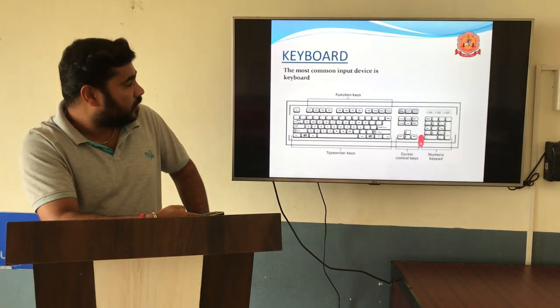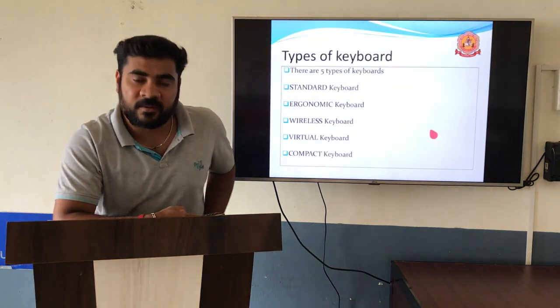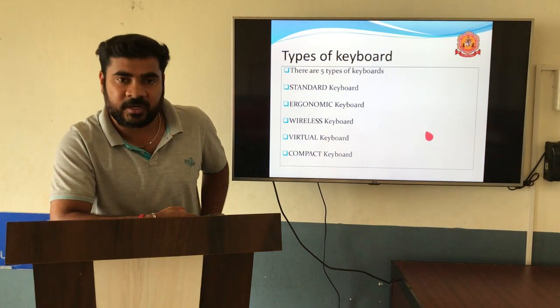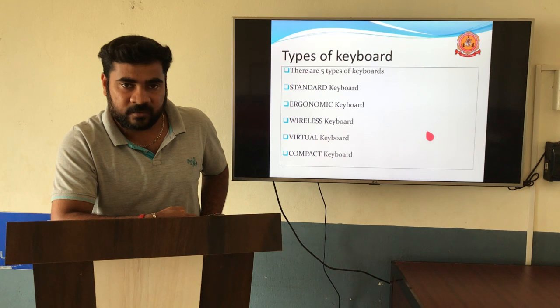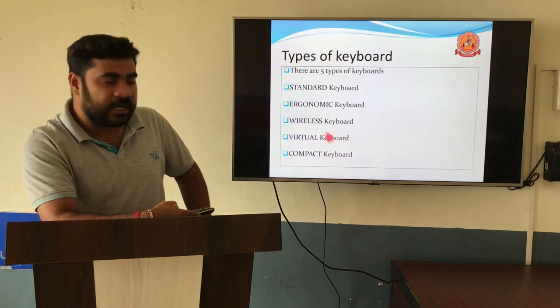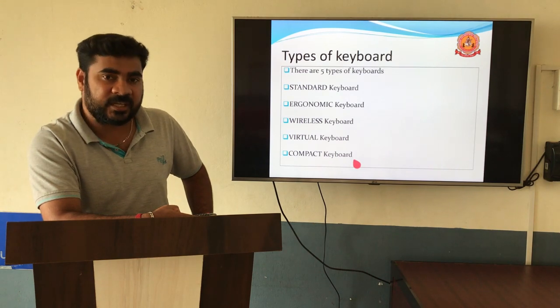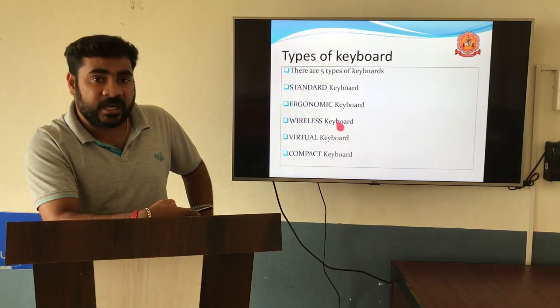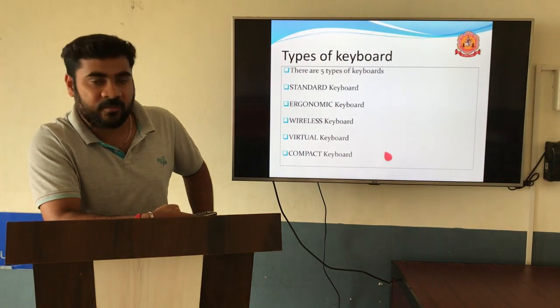The next one is ergonomic keyboards, mainly used for data entry jobs. If you want to type a lot of data, then we use an ergonomic keyboard. The difference between standard and ergonomic is the shape of the keyboard, which is easier to type on in the case of ergonomic keyboards.